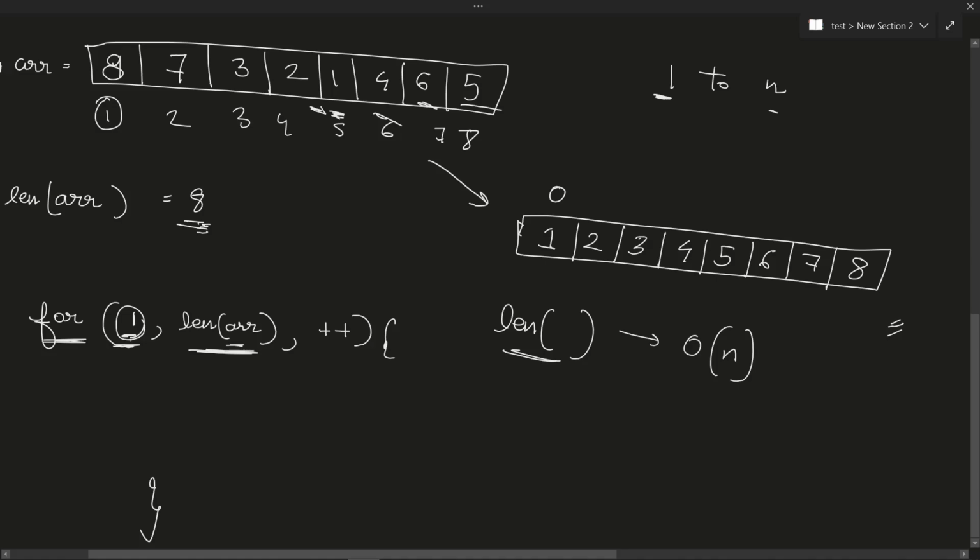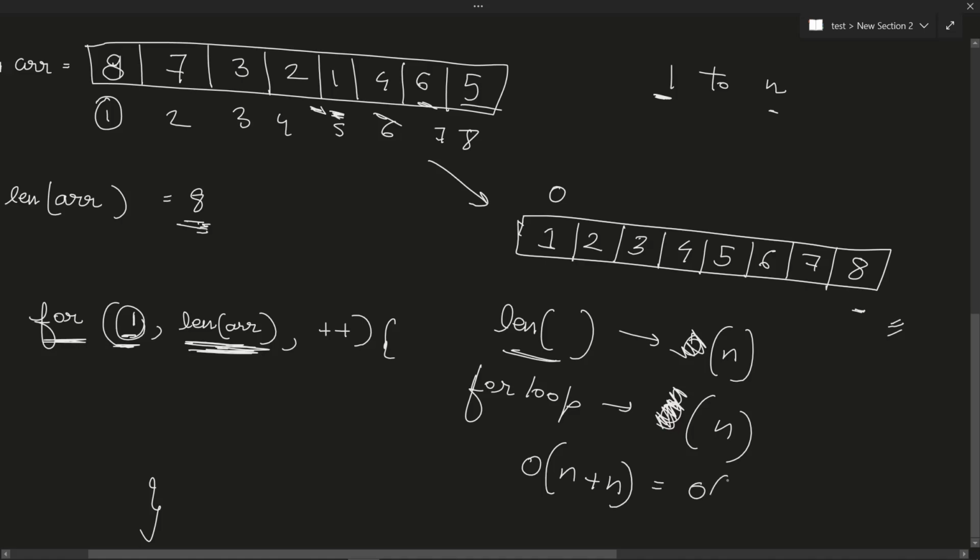Then we used a for loop for the length of the array, and it kept on iterating for n elements. So here there were 8 elements, so the for loop iterated 8 times. If there are going to be 1000 elements, the for loop is going to iterate 1000 times. So iterating using the for loop also costs a time complexity of big O of n. Okay, so we are just separating them for the time, and we're going to add everything. It causes a time of n, since we are updating each separate position, and now we'll join them together. So that is big O of n plus n, and that is big O of 2n.